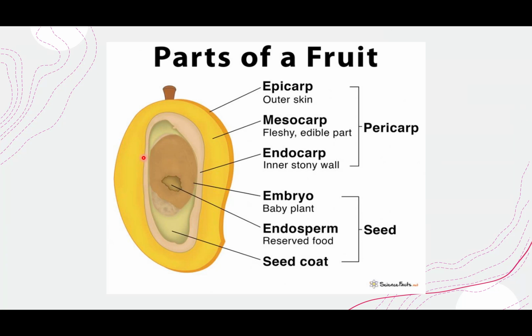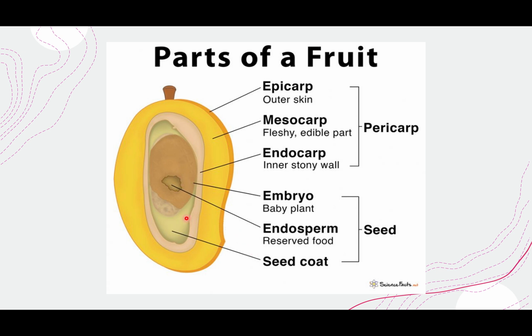So our endocarp is what we call our seed coat. I want you guys to get that word, the endocarp, right? And then the mesocarp itself is what we're gonna call our fleshy part that you eat. You eat the mesocarp of the developed ovary, right? And then our epicarp will be the skin of the fruit that you tear off,